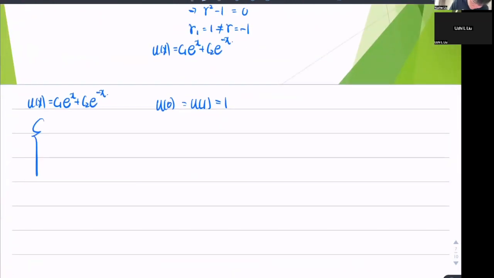Here we have u of 0, so I'll just directly write c1 plus c2 is equal to 1, and c1 e plus c2 e^(-1) is equal to 1. And this will eventually get us the expressions of c1 and c2. By solving these equations, we will have c1 equal to